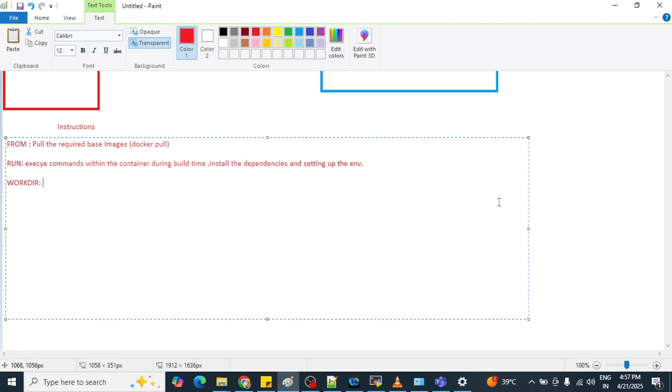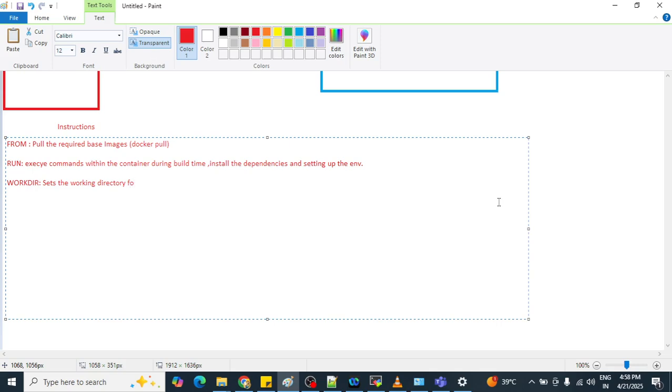If we are installing our packages and need to install in a particular directory, suppose we have created a /app directory, then in the WORKDIR command we can assign that /app, so that all the subsequent instructions are going to execute in that particular app directory.